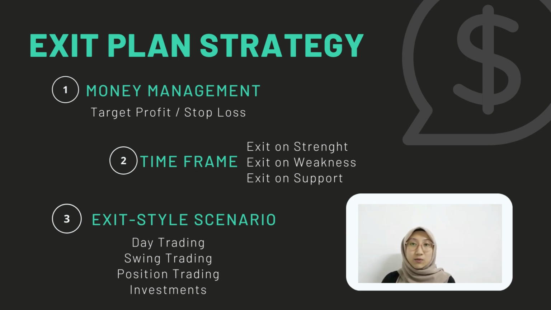The following are some of the most common stock exit techniques. The first stage in this approach is to leave with strength or quality. Following that is exit on weakness. The third strategy is exiting on support. In conclusion, to offset capital gain, regardless of the circumstance, every stock exit plan needs to focus on minimizing risk